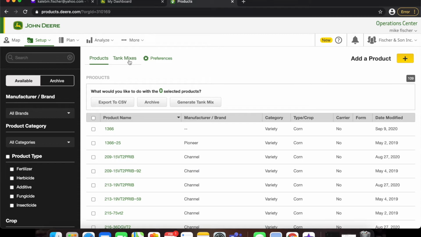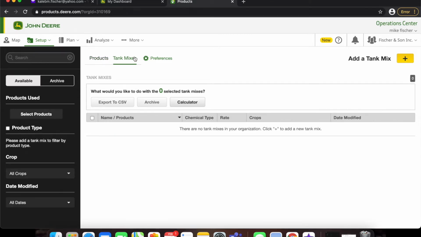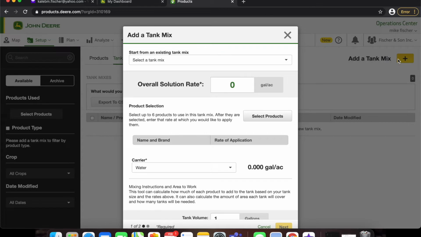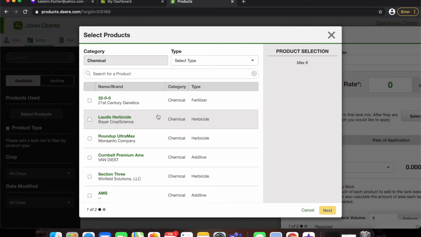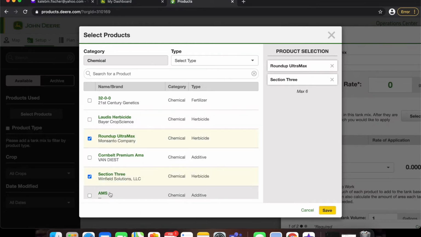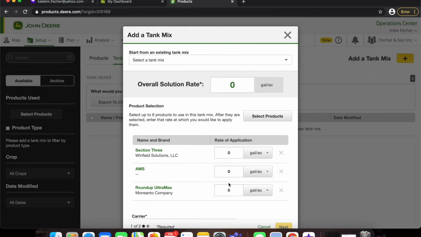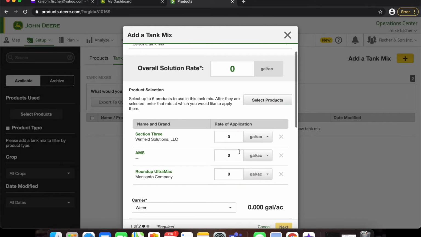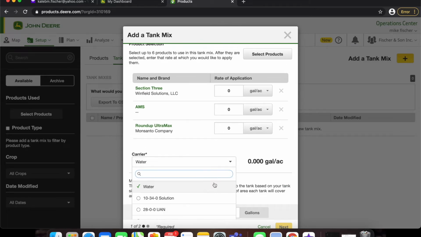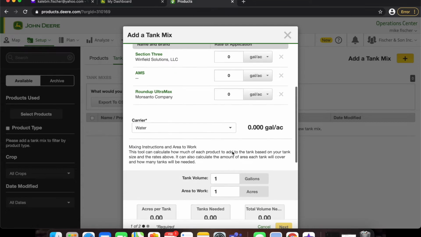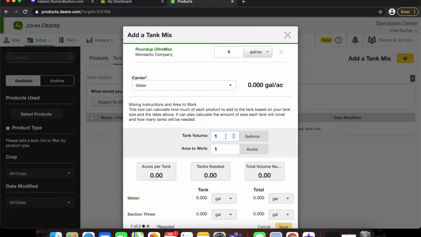Also, you can create tank mixes with the chemicals you have added. You will select on the tank mix, add new tank mix. You will enter your overall gallons per acre you are applying. You will select products, click Save. You will enter the rate at which you are applying these products. You will enter your carrier, enter your tank volume, enter the acres you are spraying,